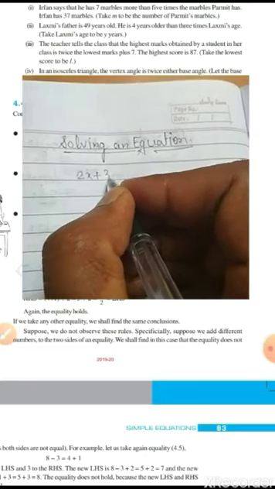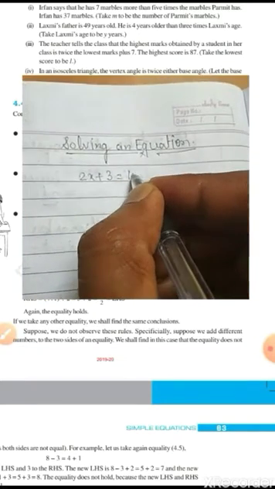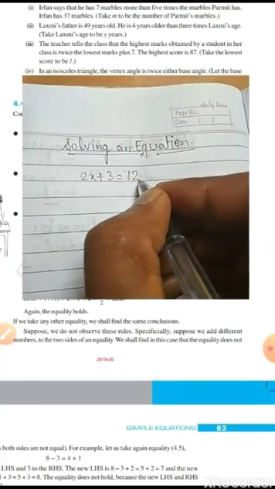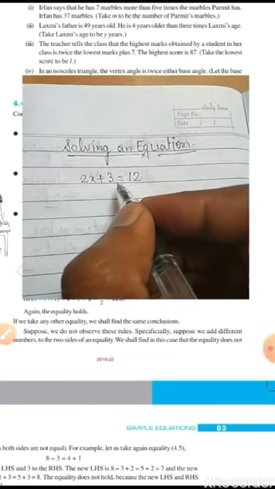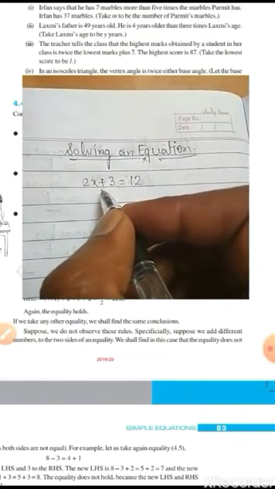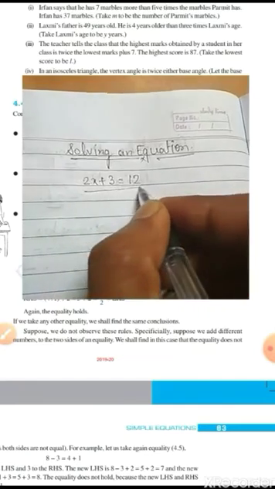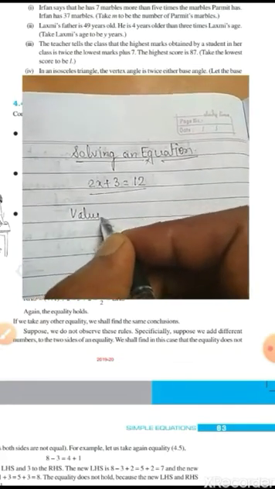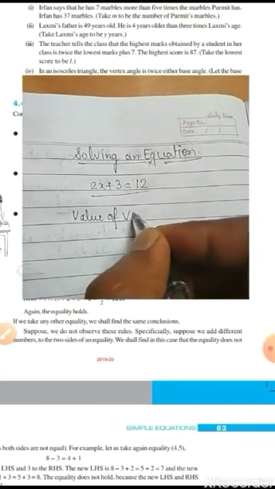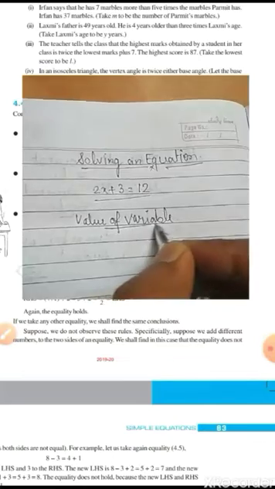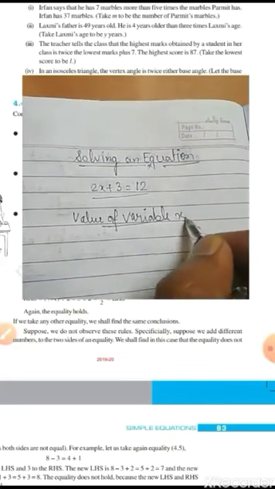2x plus 3 is equal to 12. Okay. So what is the solution of this equation? The solution of this equation means the value of the variable x